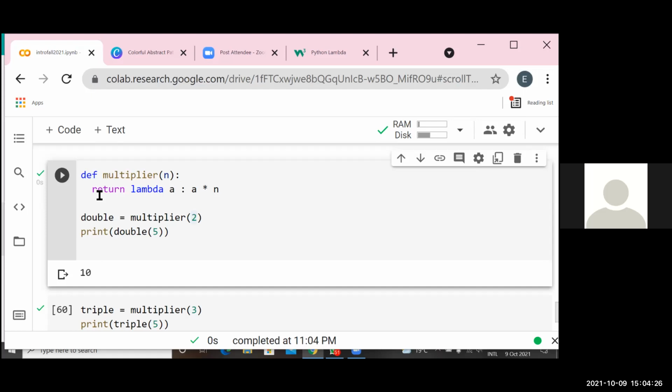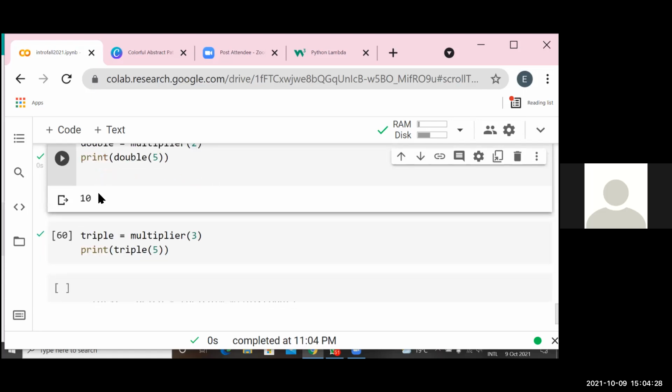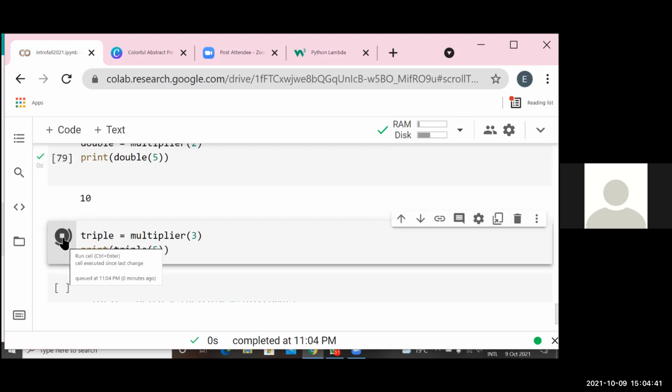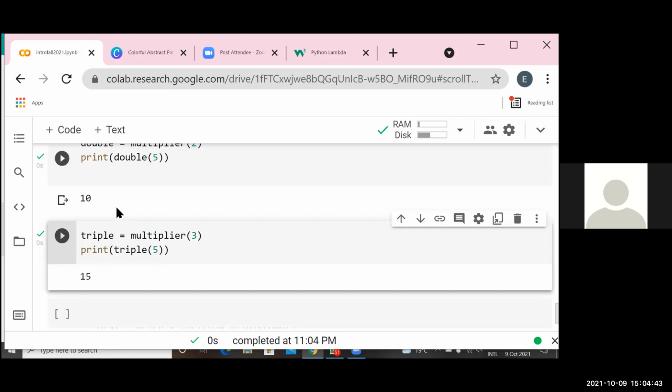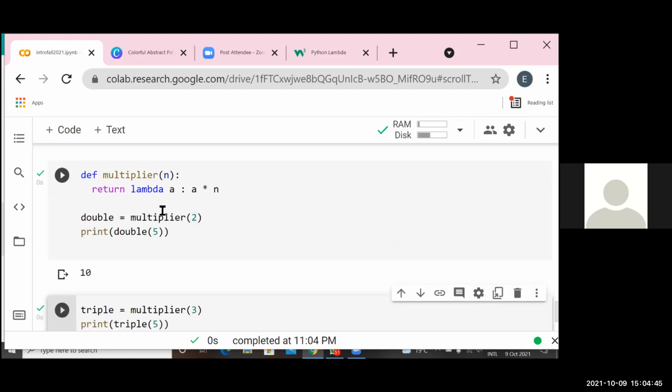So the good thing is now I can actually use the same function to multiply different numbers, as many as I want. I can recycle the numbers. So I can do diverse calculations inside a function.